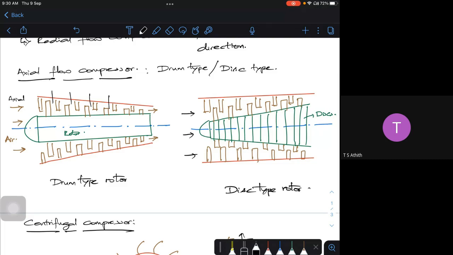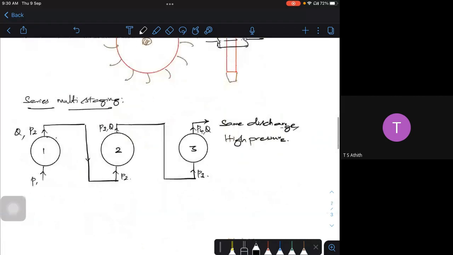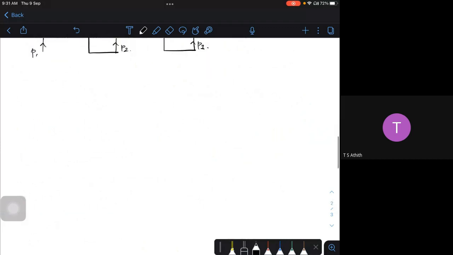But in the case of a centrifugal compressor, if I go for parallel multi-staging, I will get more mass flow rate. So it depends on the application. So if I go for parallel multi-staging,